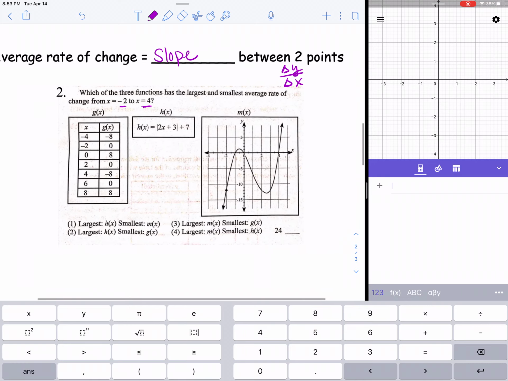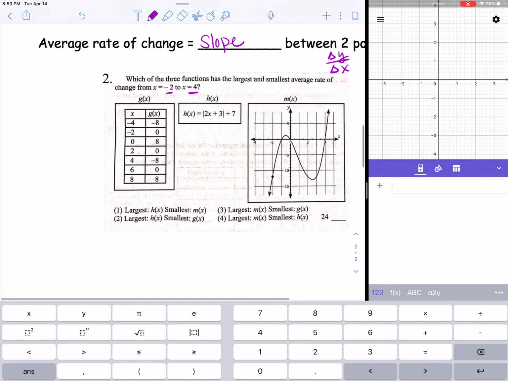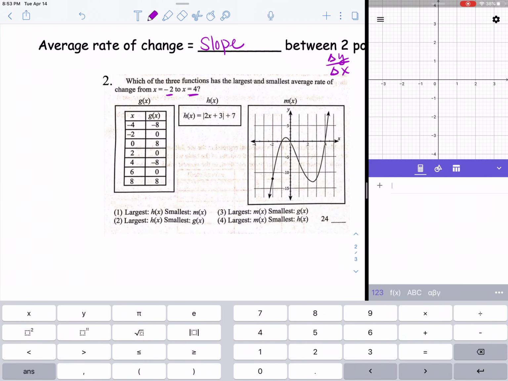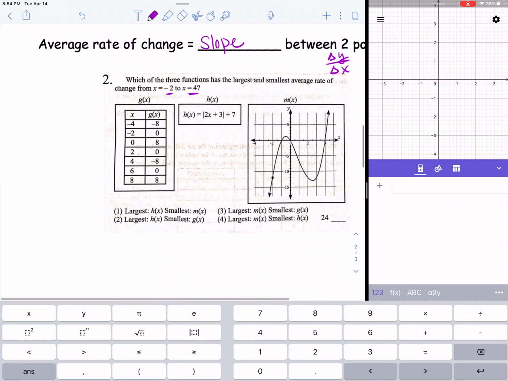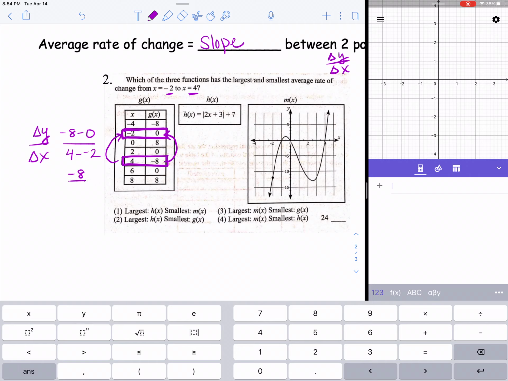So let's first look at g of x. We're going to have to do 3 separate problems here to compare their average rate of change. I'm only going to focus when the input is -2, so I have this entry here and the 4. To get the change in y, I'm going to take -8 minus 0 over the change in x. I'm going to take the 4 minus -2. Be careful, when the second number is negative, you're going to have that double subtraction sign. And that's going to give me -8 over 6,